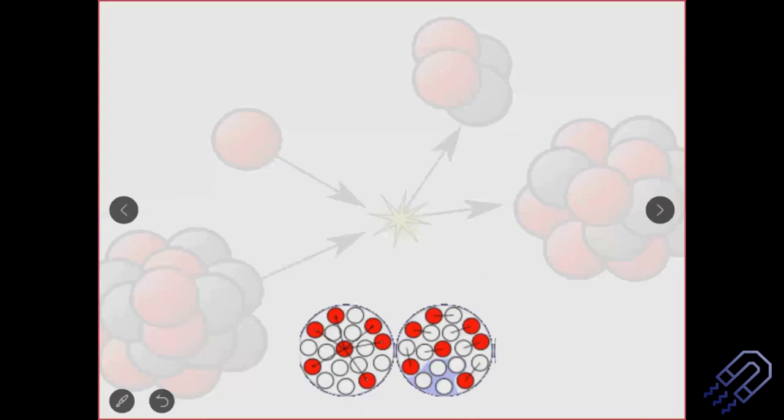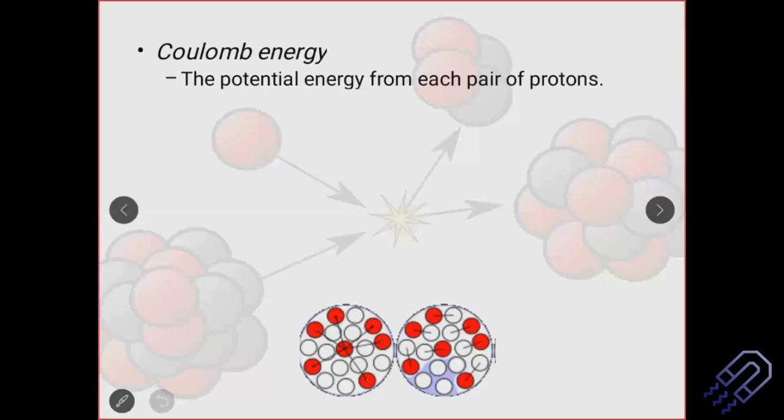Next is Coulomb energy. I think this is the simplest thing to understand. You have got protons. Yes, at a very close vicinity, there is nuclear force acting on that. But does it mean that the Coulomb force is negligible? Yes, it's very small, but that doesn't mean there might not be any. If the volume is large, if the value of A is greater than 20, that means the number of nucleons is greater than 20, the chances are that the Coulomb energy does exist. The value of D, I think I've given D in Coulomb energy, is very small, 0.697. That constant itself says how important the effect of Coulomb energy is.